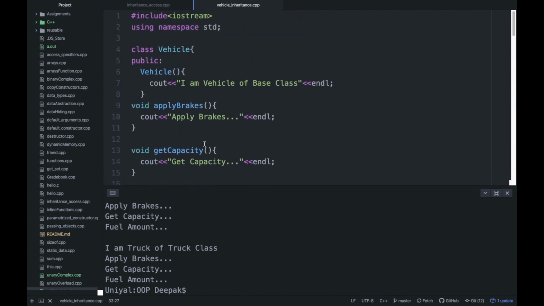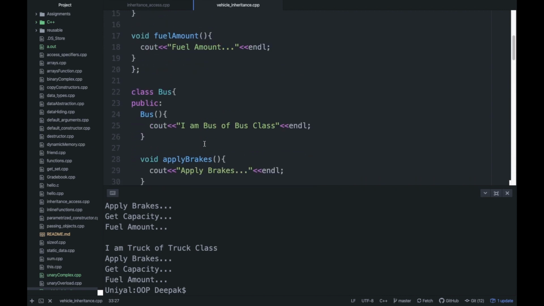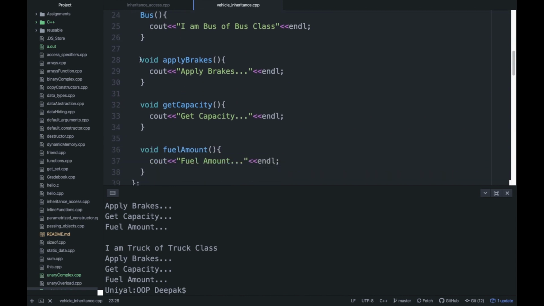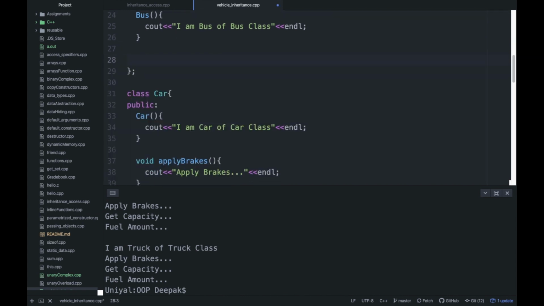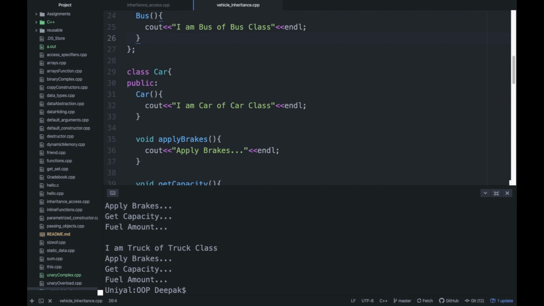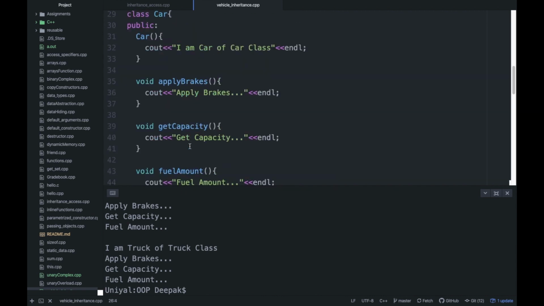So now come back to the inheritance part. What we have to do is implement it in such a way, right? Now what I have done is I have just inherited the vehicle class in bus. Clear? So just remove these functions and now see how many lines are there in the program now.